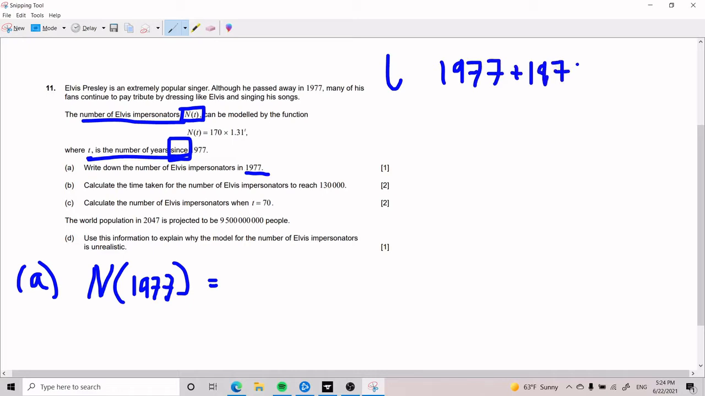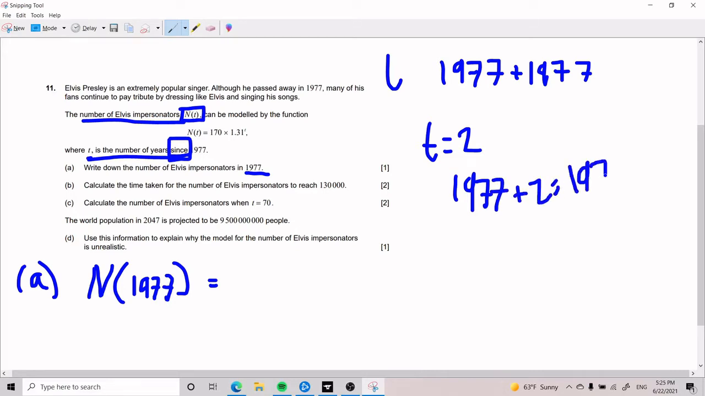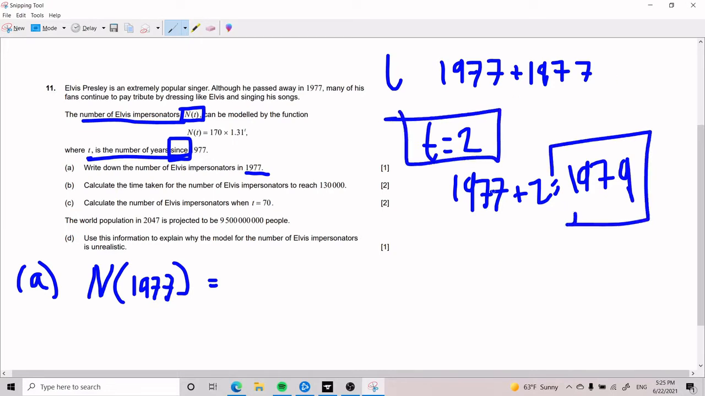Okay? Another way to think about it is that if I plug in t equals 2, I would be asking the function, hey, in the year 1977 plus 2, which would be the year 1979, how many Elvis impersonators are there? Okay, so that is how to think about it, and it's very important that you read slowly. Okay, t is the number of years since 1977,